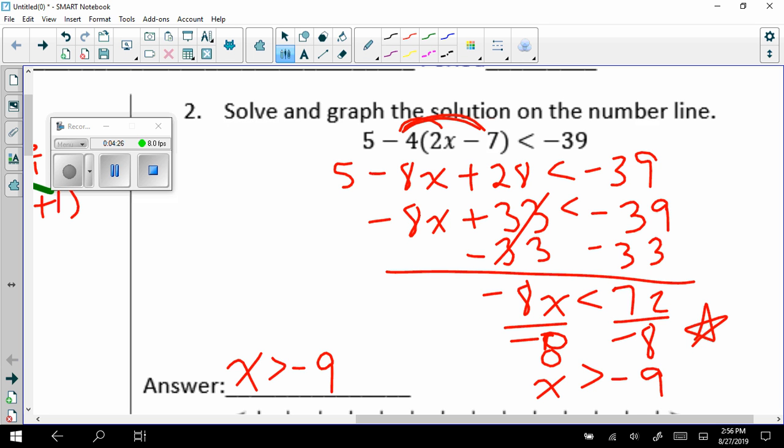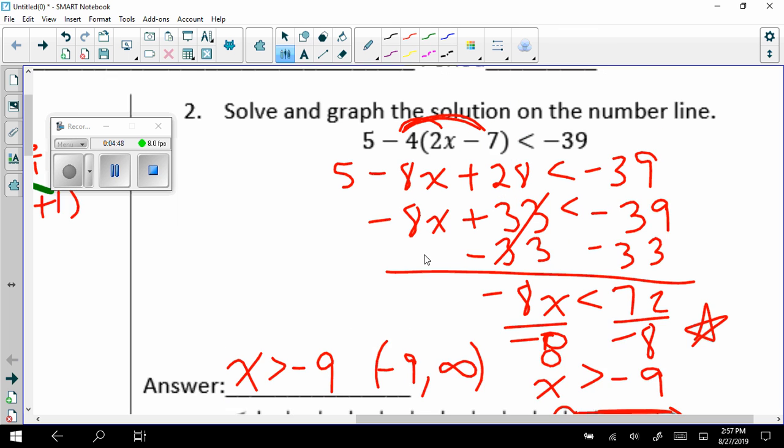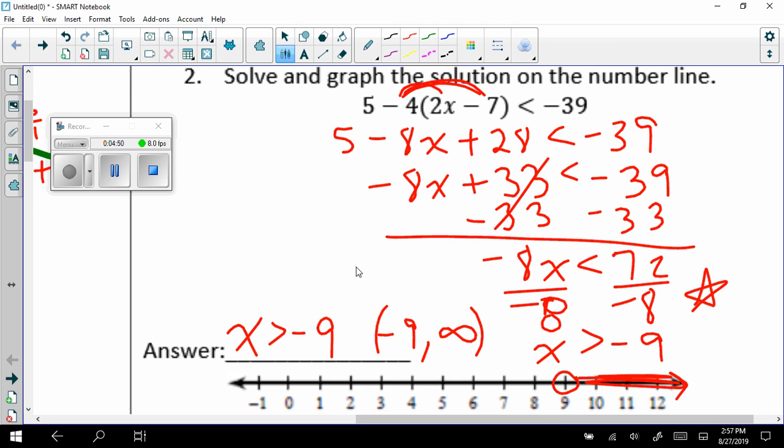Now, if I were asked to write it in interval notation, that would be negative 9 to infinity, like that. That's our interval notation. Graphing on the number line, remember this is going to be an open dot on the 9 because it does not have the or equal to, and it's greater than, so it's shaded to the right. Again, pause if you need to. I'm going to move on to number